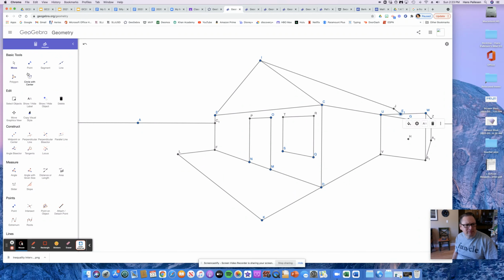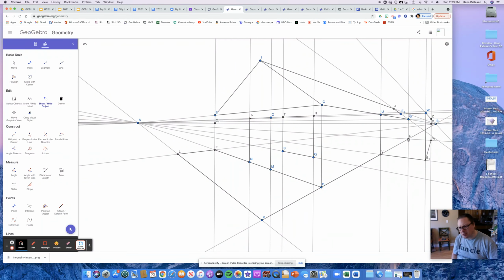Okay. So I'm going to hide this intersection, H, and hide this point, G,